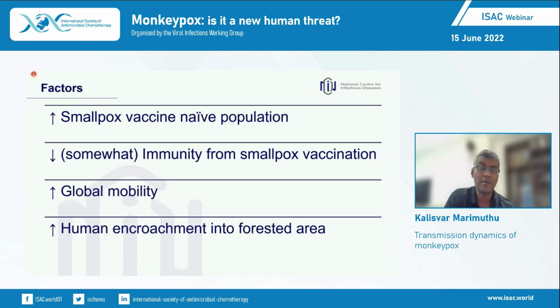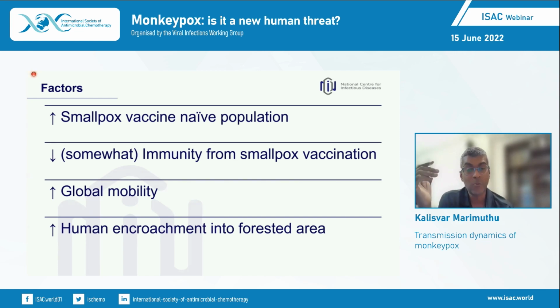There are a few factors that have affected how monkeypox infection happens and the secondary attack rate of the infection. To name some: the increasing smallpox vaccine-naive population. Smallpox vaccination was stopped in most countries around the late 1970s, early 1980s. So many of the 20-, 30-year-olds at the moment, I received mine, but many of the 30-, 40-year-olds now may not have gotten the vaccine, making them more susceptible.